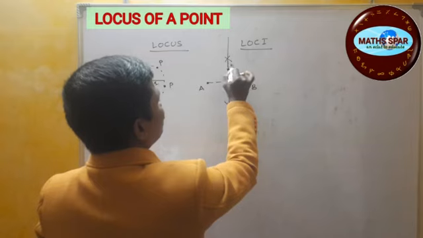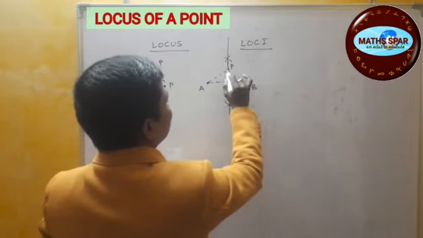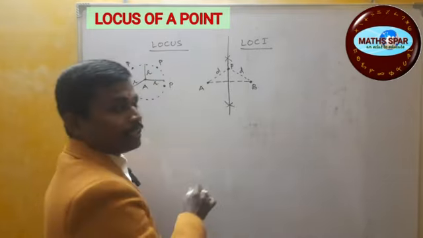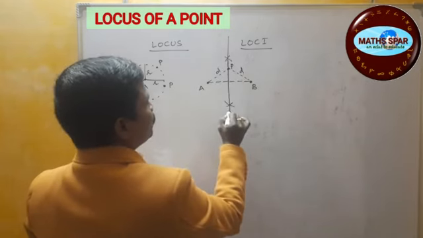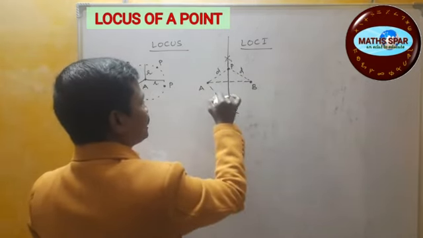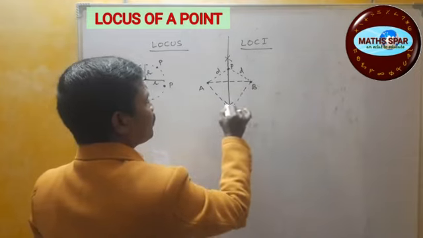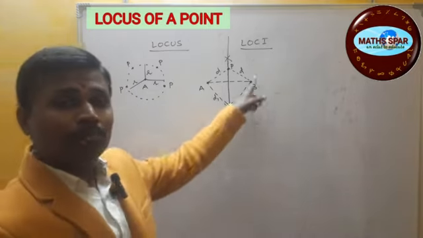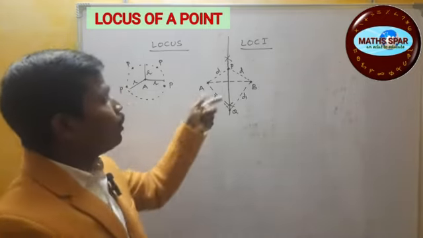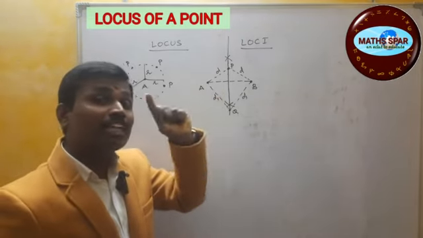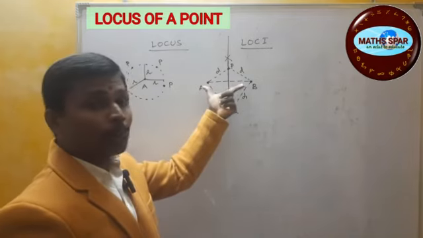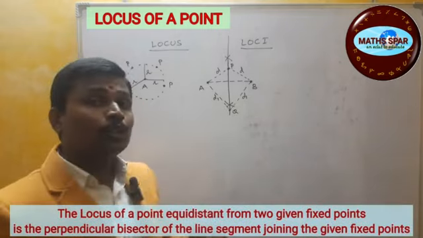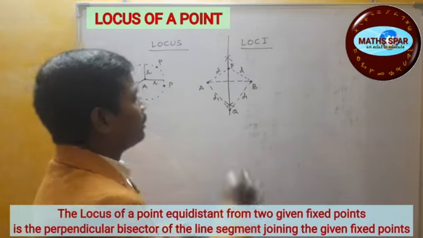Suppose you take a point P here, that is at equal distance from A and from B. Suppose you take another point Q here, then that is equidistant from A as well as from B. So the locus of a point equidistant from two fixed points is the perpendicular bisector drawn to the line segment joining